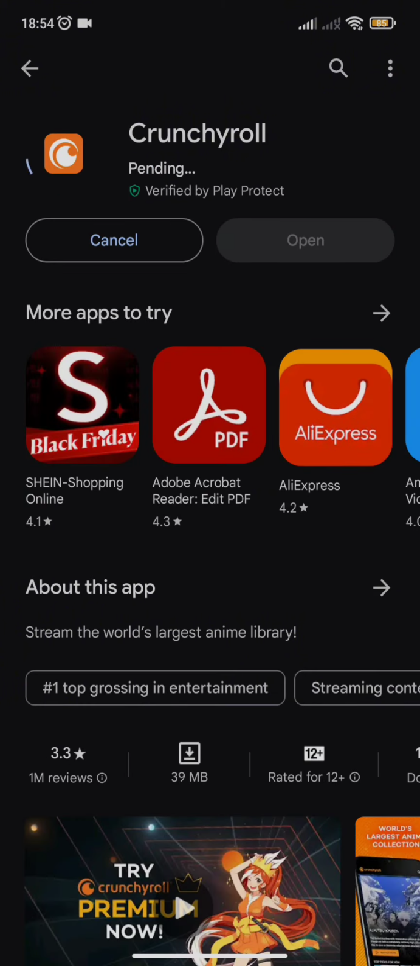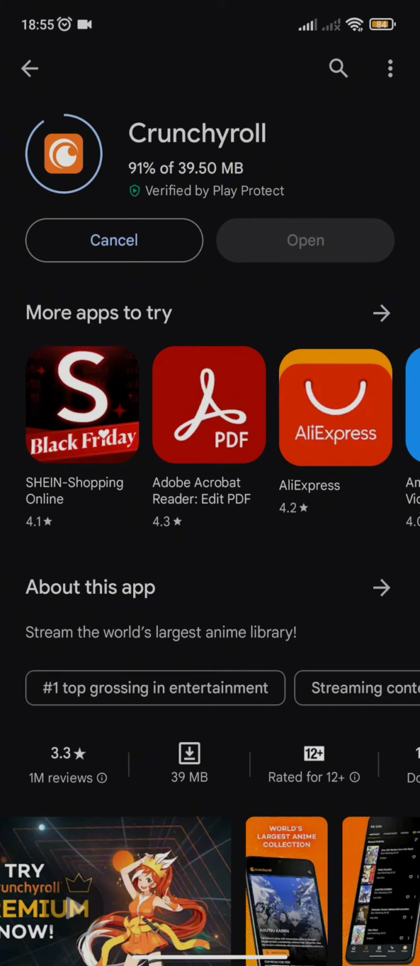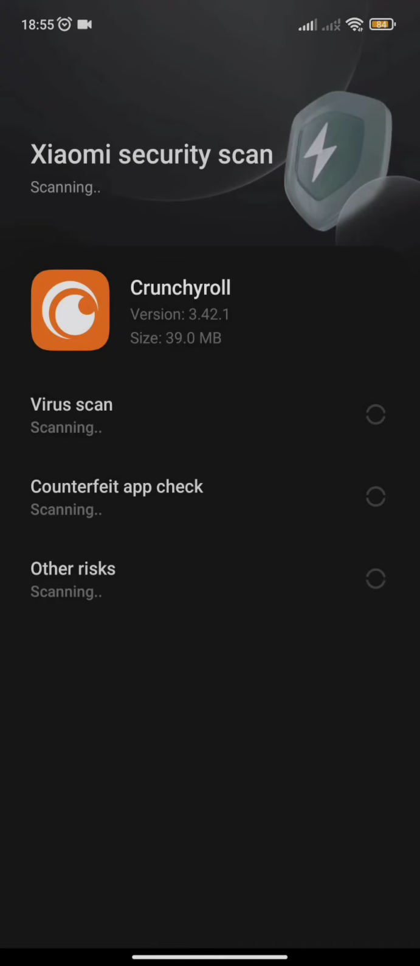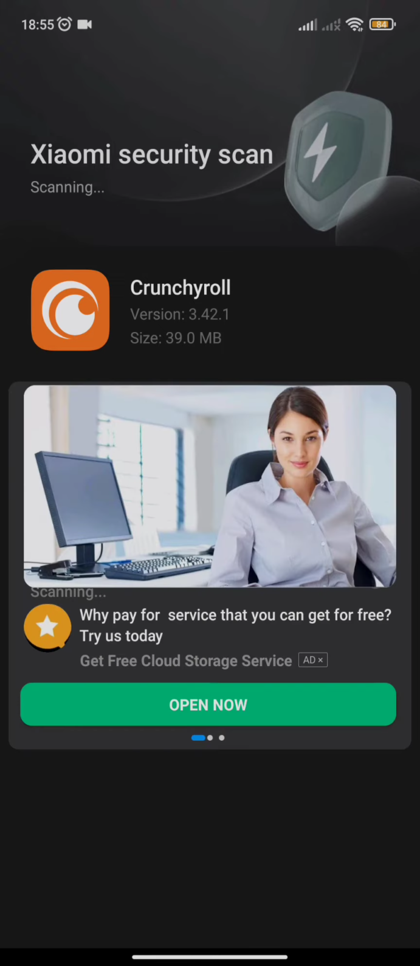So once you press the install button, in a matter of minutes, your app will get downloaded on your mobile phone. So once your app gets downloaded, all it needs to do is get installed on your device. So once the installation starts, in a matter of seconds, it will get completely installed and automatically you will be